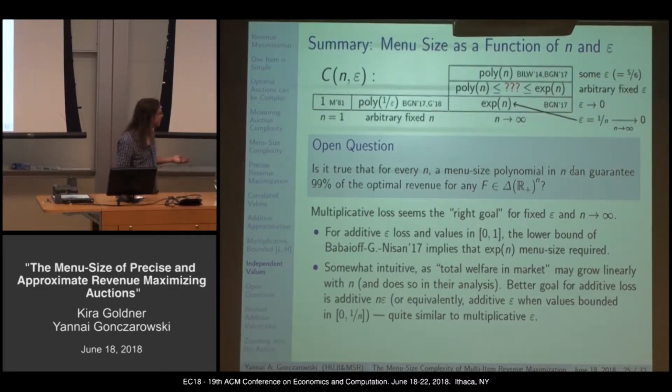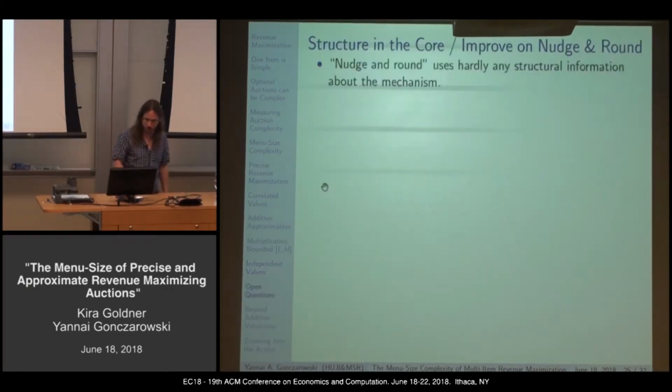So maybe it would have been better there to look at additive n epsilon or equivalently additive epsilon where the values are bounded in 0, 1 over n, so the maximum welfare that's in the market is constant. This already turns out to be quite similar to multiplicative epsilon, but I really think that the right goal here is to take the number of items n to infinity, keep epsilon fixed as a multiplicative amount that you want to lose, so there is no relation here to the amount of welfare flowing in the market. What's the menu size needed for 99% revenue extraction? And